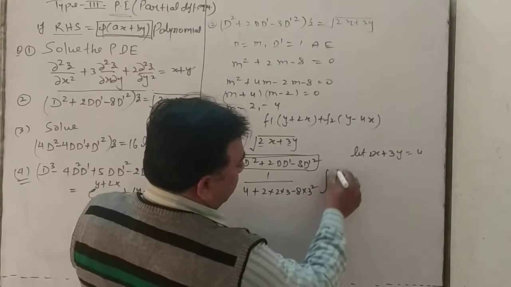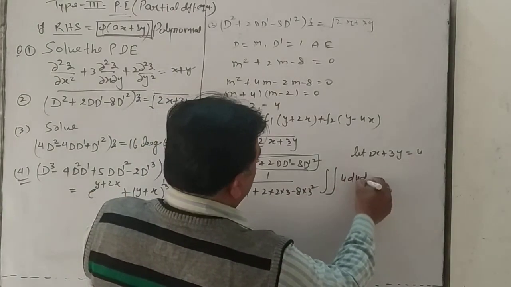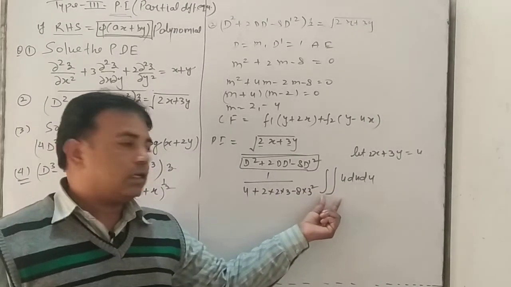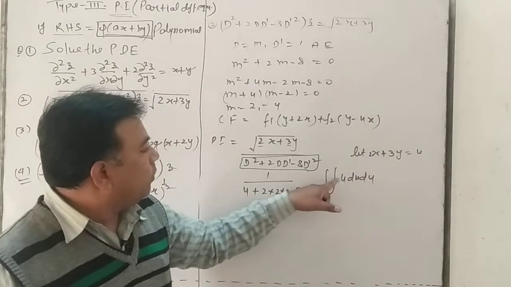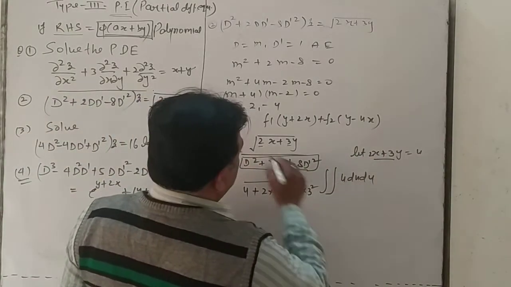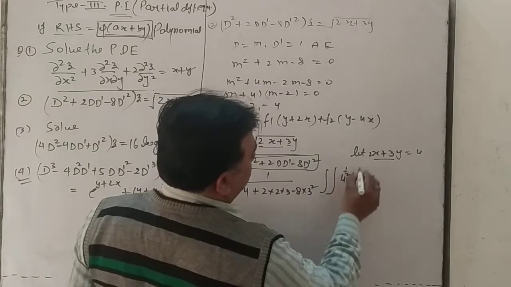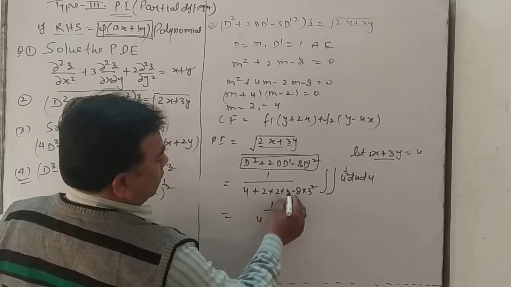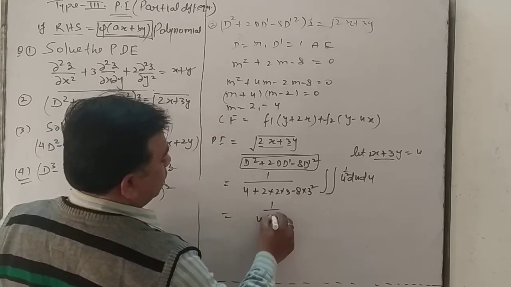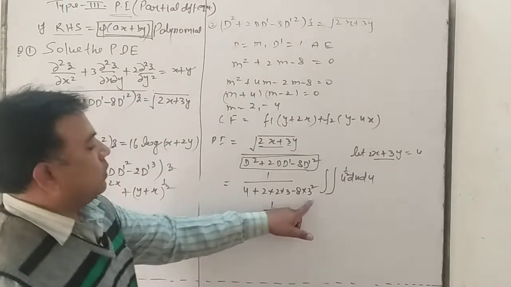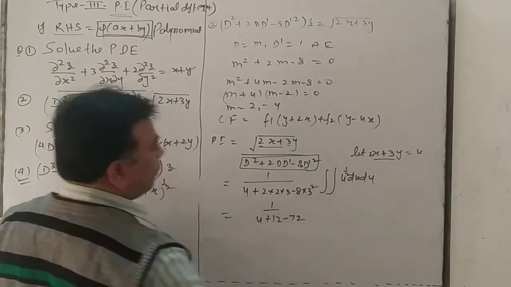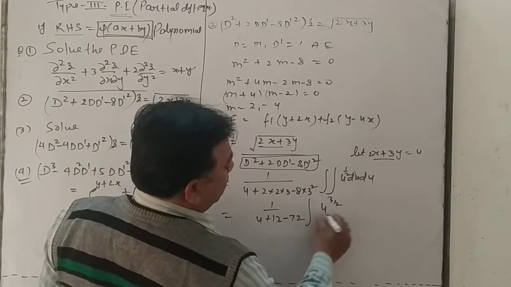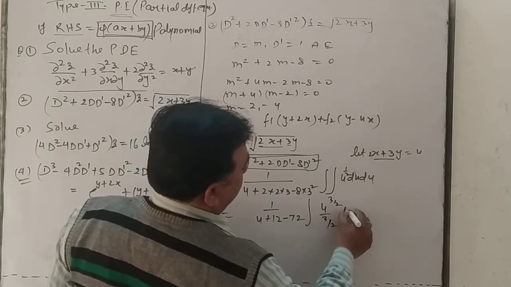This is the second order partial differential equation, so you take the double integration of u, du and du. Putting the value of u, it means power 1 by 2. Sort out this problem: 4 into 3 is 12, 2 into 6 is 12, minus 3 into 3 is 9, and we get 72. After that integrate this function with respect to u: u to the power 3 by 2 divided by 3 by 2, du.